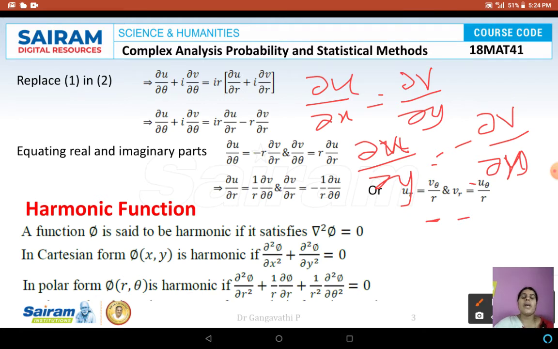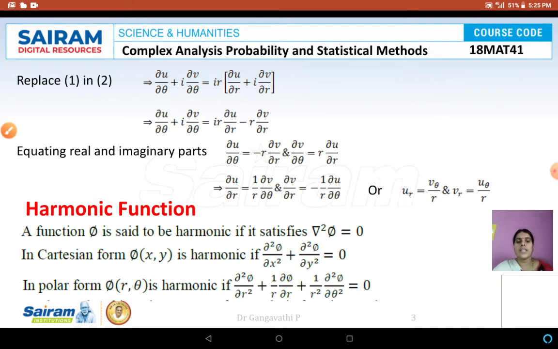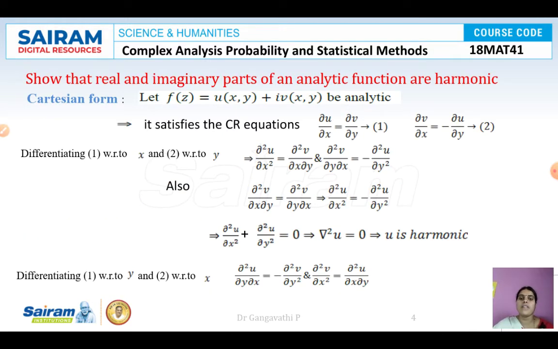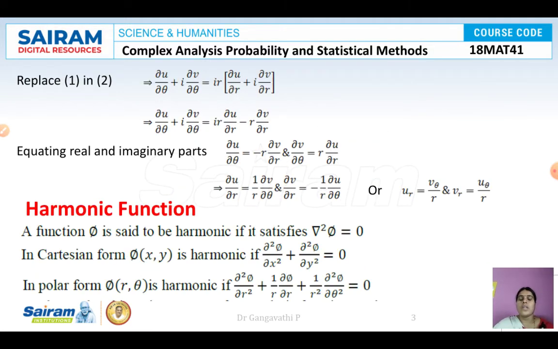So remember in your own way, you must have very good clarity here. There should not be any confusion. Okay, now let us go further. The further important thing that you need to remember here is harmonic functions. Any function, we are taking phi here. Any function phi is said to be harmonic if this function must satisfy the two-dimensional Laplace equation. Sorry, I misspoke earlier. This function must satisfy the two-dimensional Laplace equation, which is del squared phi is equal to 0.